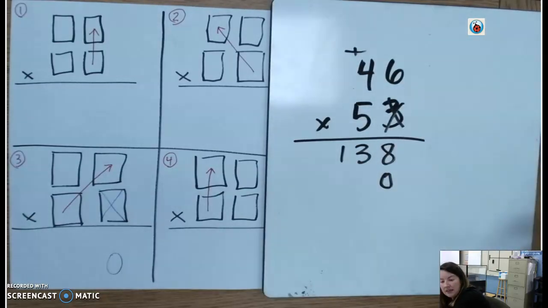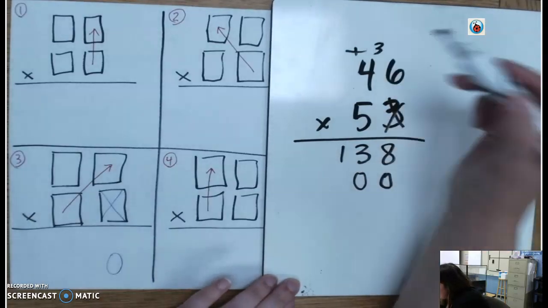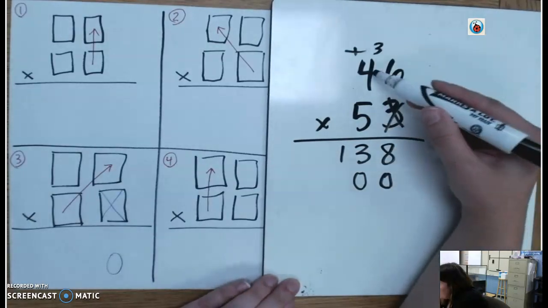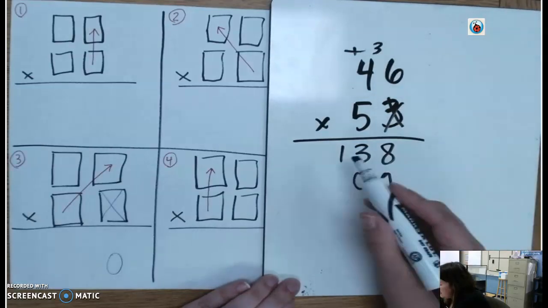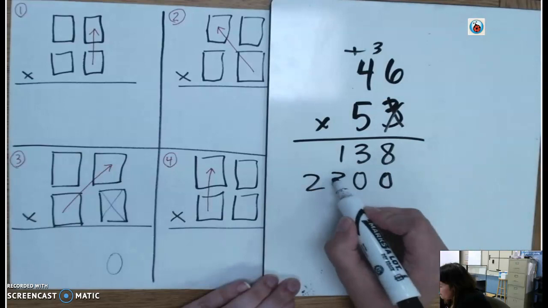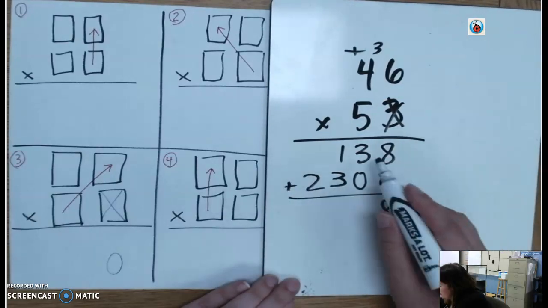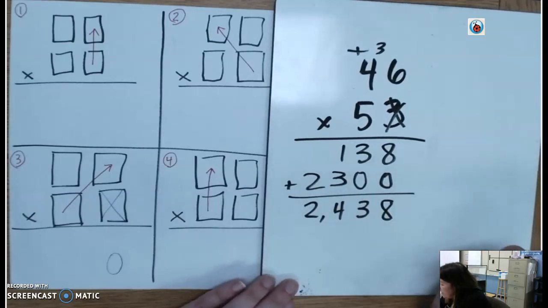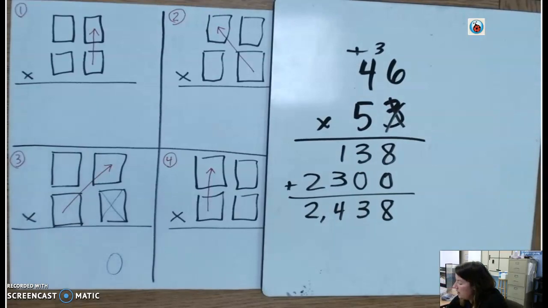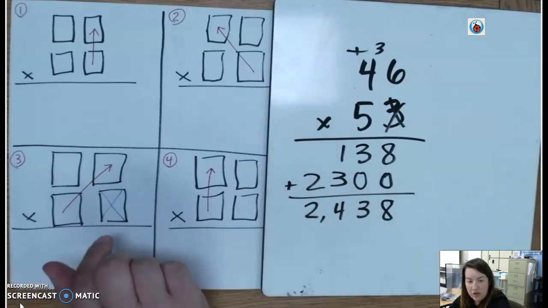5 times 6 is 30. 0, 3 up here. 5 times 4 is 20, plus the extra 3 is 23. Last step, to add. 3 plus 1 is 4. 2,438. Now I'm going to take this problem and I'm going to solve it using the other two strategies as